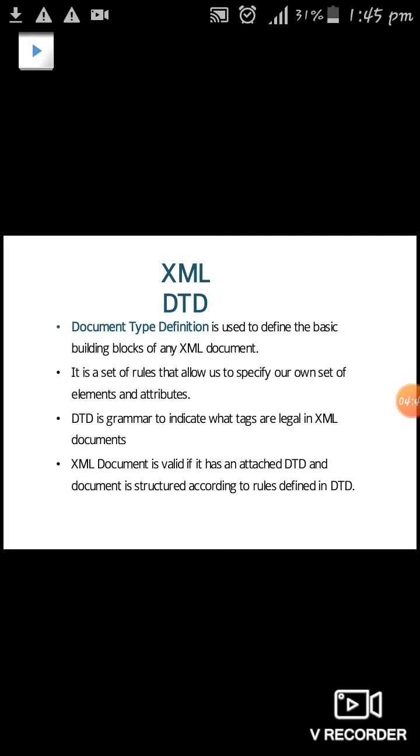It also indicates the grammar, what tags are legal in the XML document. An XML document is valid if it is attached to a Document Type Definition and the document is structured according to the rules defined in it. So the main concept of the Document Type Definition is to validate the own set of tags of the XML language.